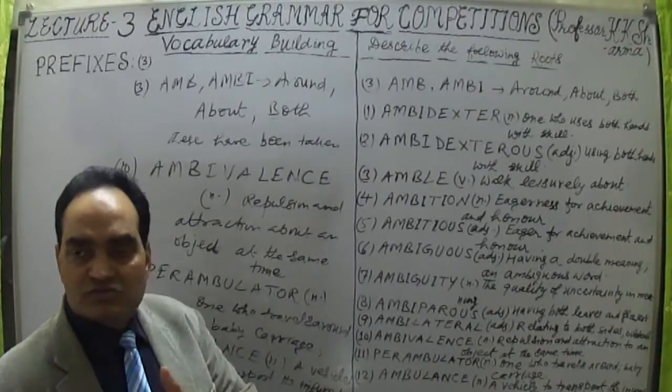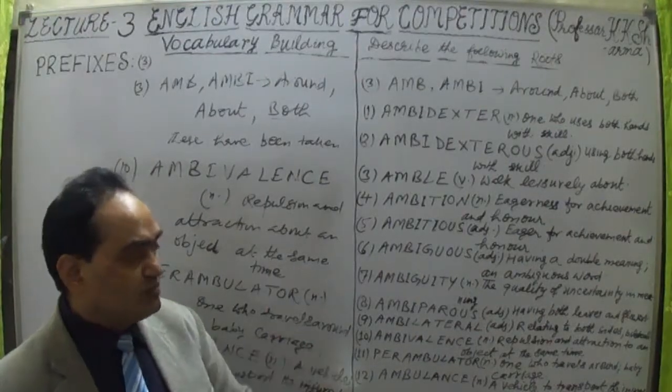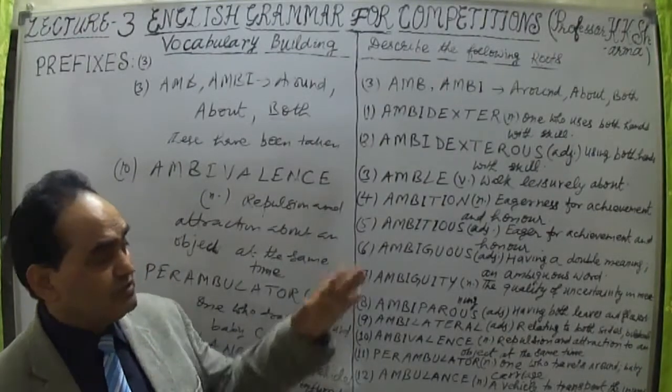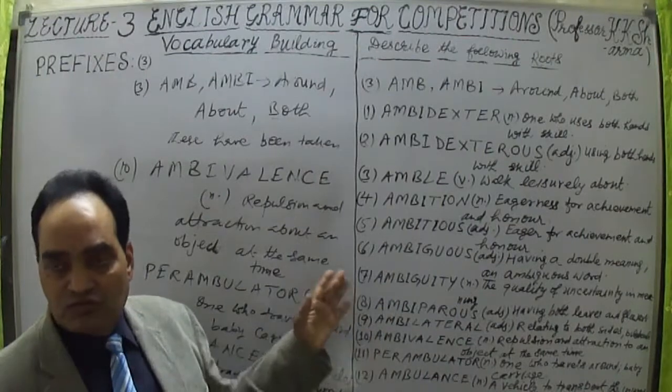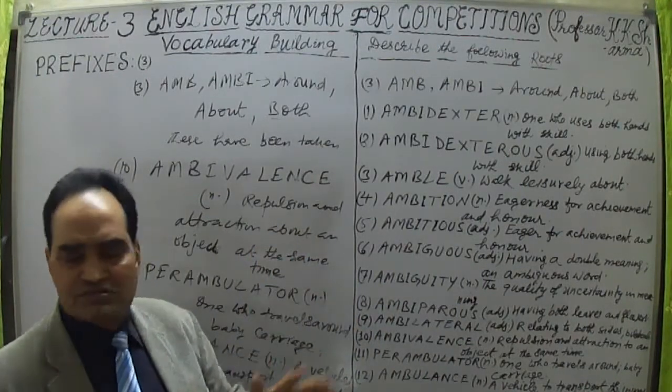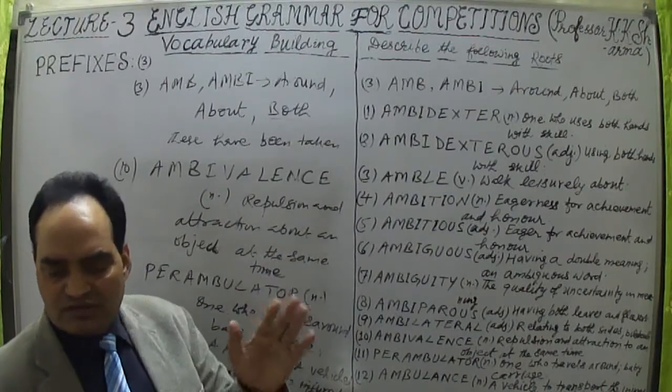Then make your own list. In this way, you can increase your vocabulary by adding words daily, regularly. Fifty to sixty words today you can frame based on this prefix. With the help of this prefix, a lot of words are made. You can find AMB verbs and you will find